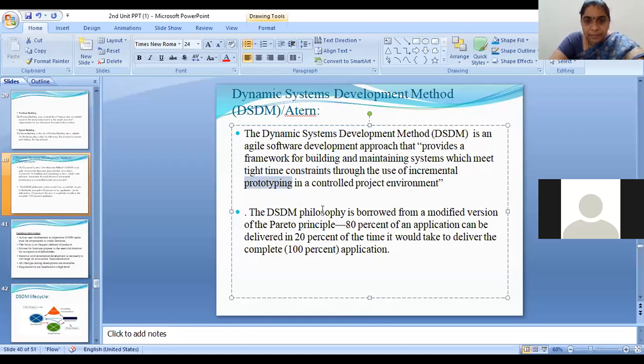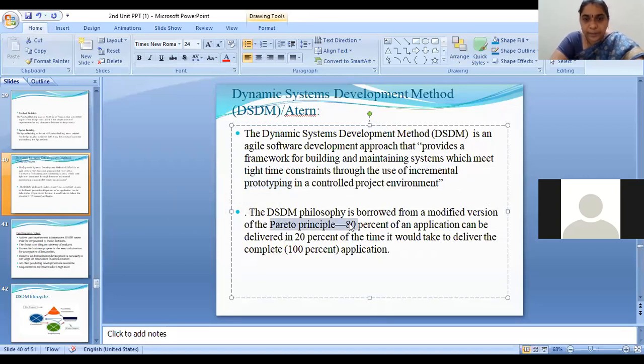And the DSDM philosophy is borrowed from a modified version of the Pareto principle. I think most people will know this Pareto principle, as it is followed in real life also.